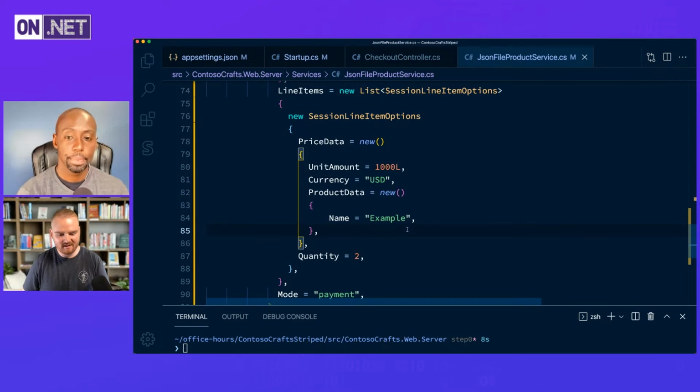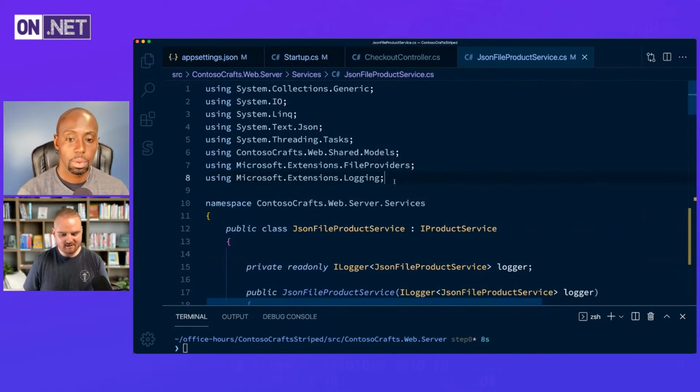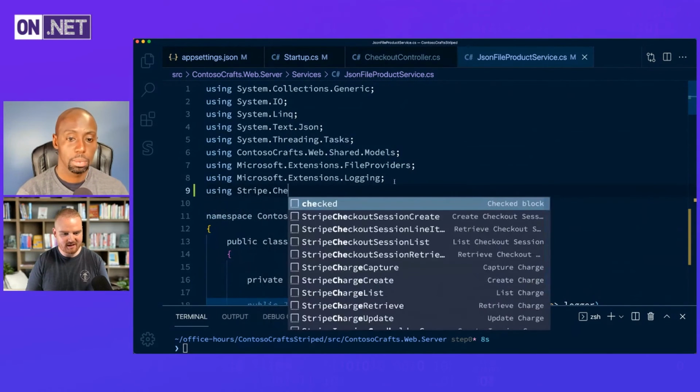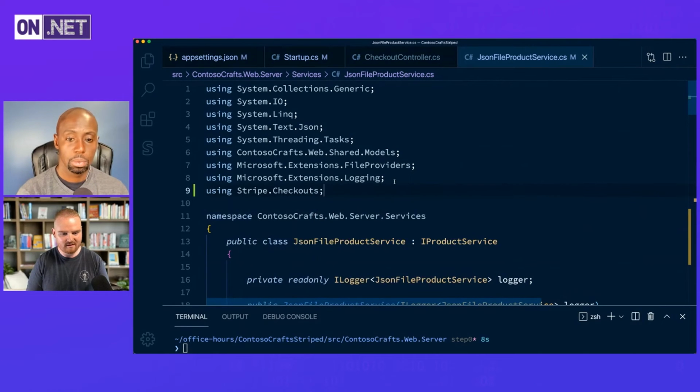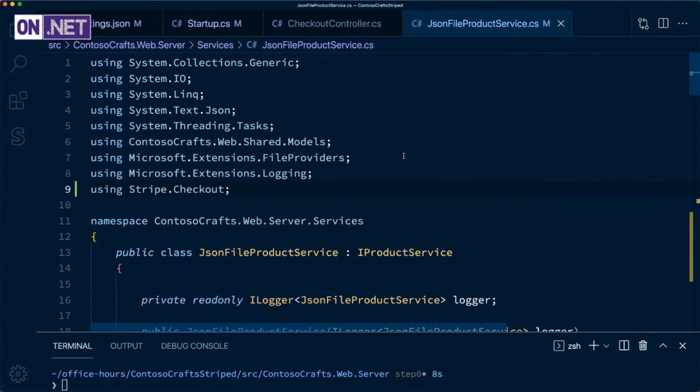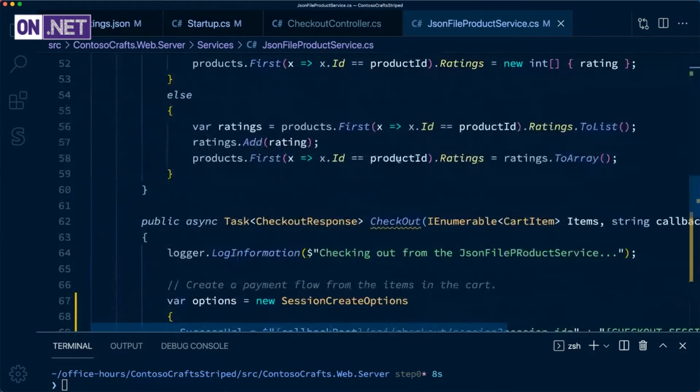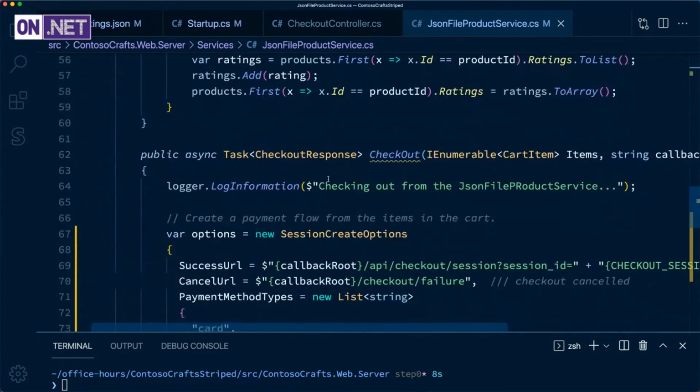Yeah. Cool. So I need to also use Stripe Checkout here. Okay. So the next step here is that we actually want to go to the client side and handle that call. So let's go to